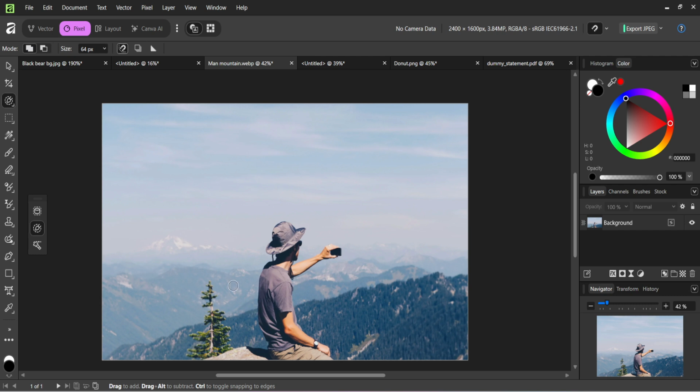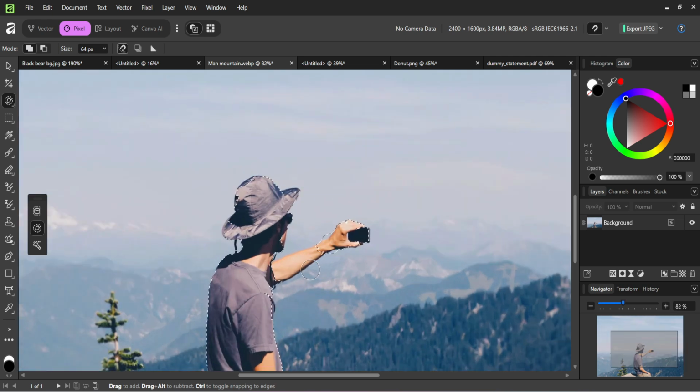Next, trace the part of the image you want to keep. Click and drag along the inside edge of your subject, letting the brush snap to the boundary. Zoom in as needed with your mouse scroll or the plus and minus shortcuts, and hold the spacebar temporarily to pan around. If the selection bleeds into the background, reduce the brush size and back up a little from the edge. To remove unwanted areas, switch the tool to subtract in the toolbar or hold the modifier that toggles subtraction